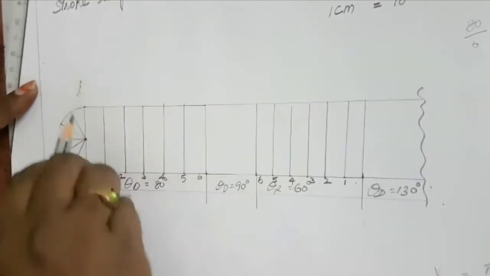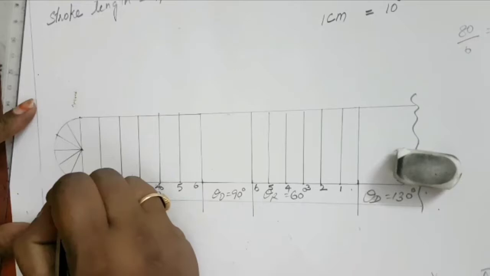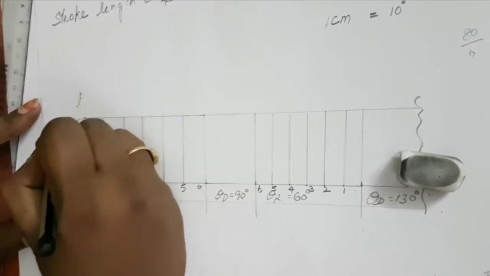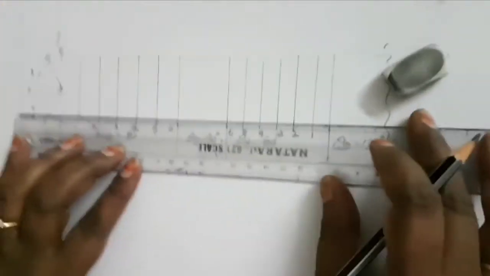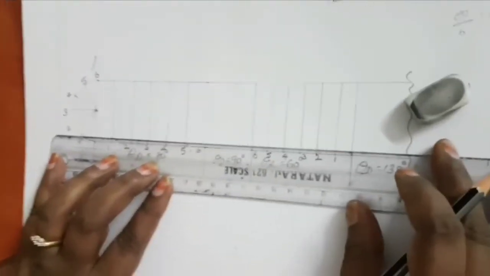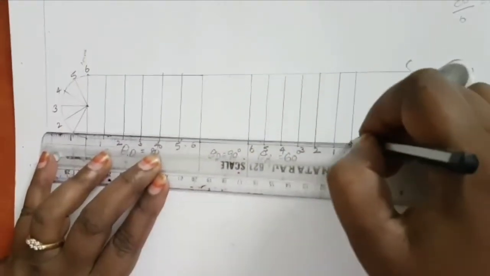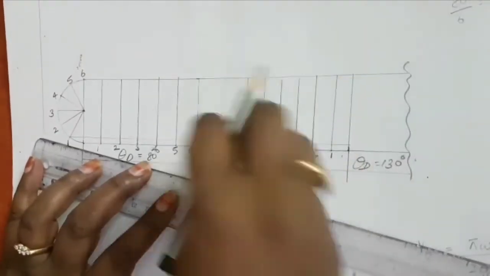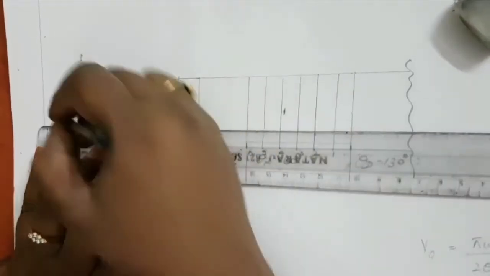Okay, so erase the 6's. Now you just give the same numbers 1, 2, 3, 4, 5, 6. So now both outward and return stroke taking simple harmonic motion, simply draw the lines from this. No need to draw in the dwell period. Simply just draw outstroke and return stroke. That is enough.